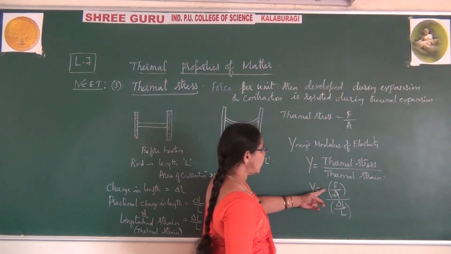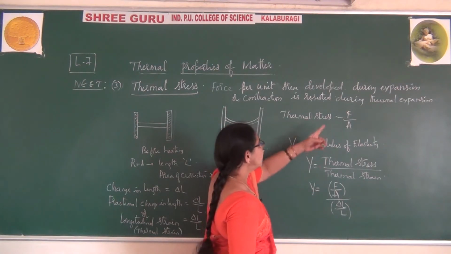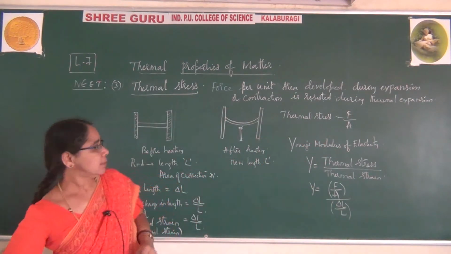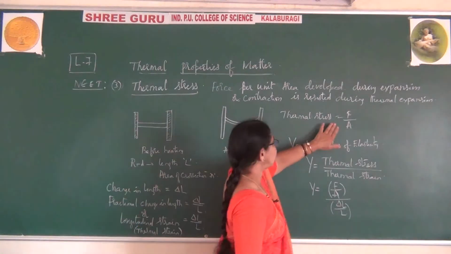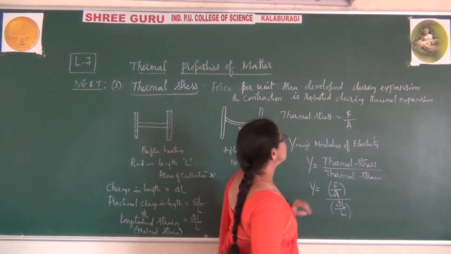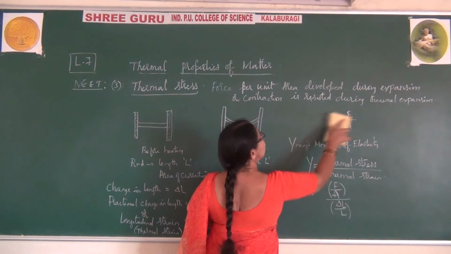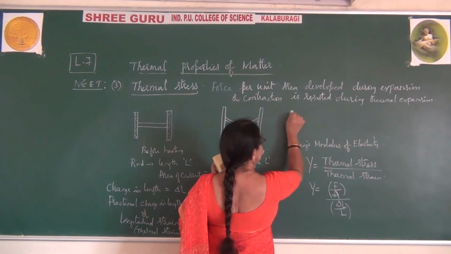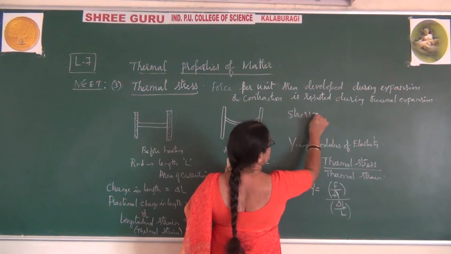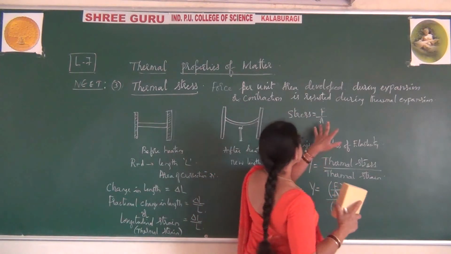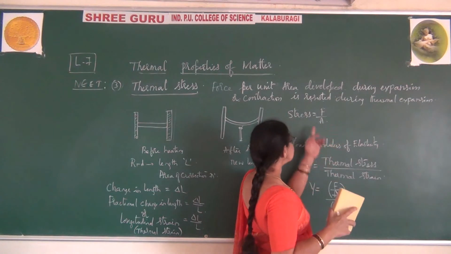Here, using Young's modulus of elasticity, now you can explain where it is. I can write here, this stress definition is force per unit area. Now I am getting this. So I write now only for this one, stress here. Then I write for thermal stress here. Stress is equal to force per unit area. So in this case, force per unit area is stress.